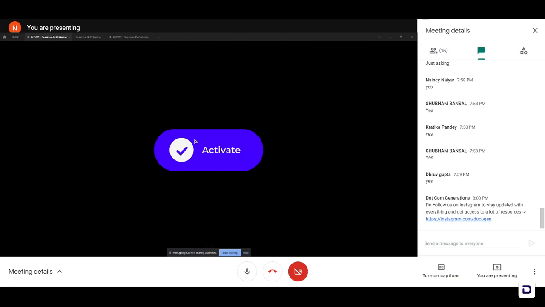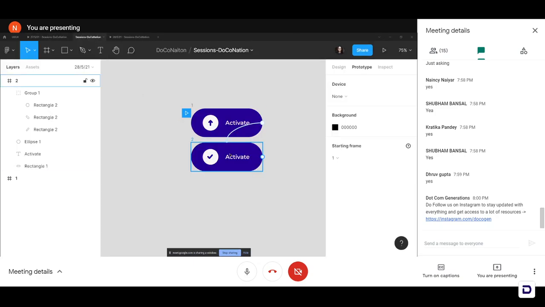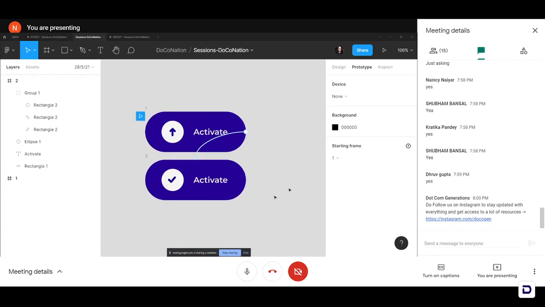So when I hover over this, the tick mark appears. When I click on it, my tick disappears in the background and then my loader appears and then it grows back into a tick mark, right? So the next thing that we'll be doing is we'll make this transition and fade away into the background and then we'll make it come up and show the loader animation. So let me know if you guys are done with this first hover animation and then we'll head on to doing the loader animation that will be on click.